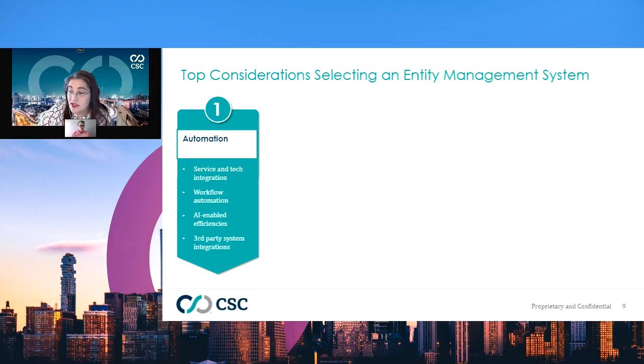We also started to talk about AI a little bit and how critical AI is becoming in the space, and efficiencies from AI are more and more prevalent in entity management solutions. We're going to show you some of the new things that CSC has as it relates to AI. We can also talk about some areas that we're moving to in the future with AI enhancements, things that you might be able to lean on an entity management solution to do as it relates to AI would be things like maybe asking AI to translate documents for you, being able to have those translated into a native language, or